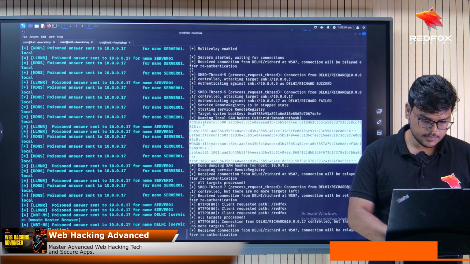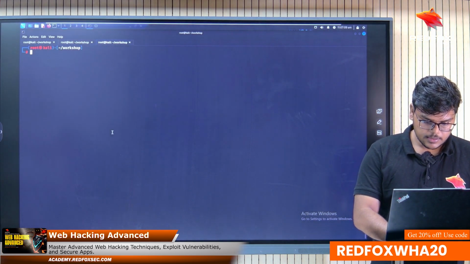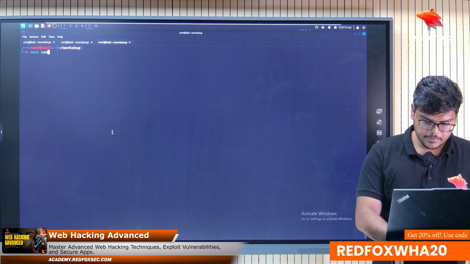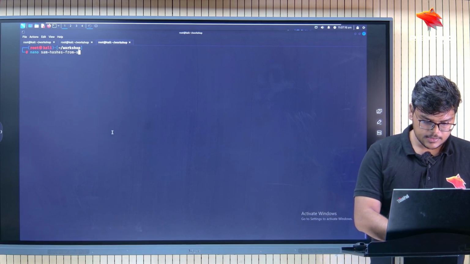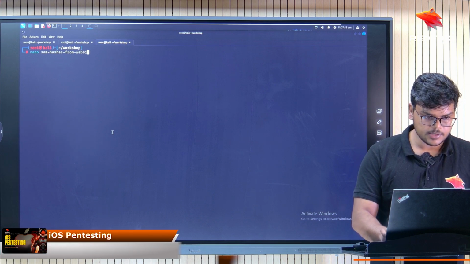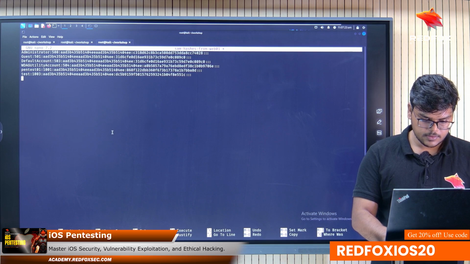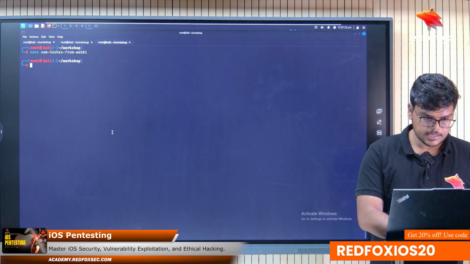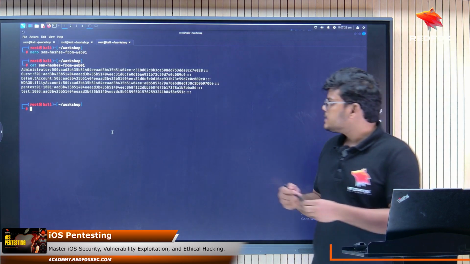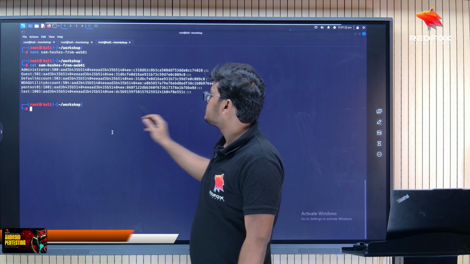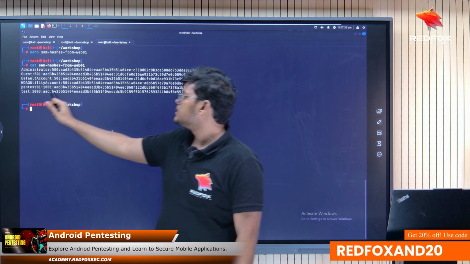Copy selection. Let me just paste it here. Nano SAM hashes from Web 01 machine. Okay, let me just paste it here. Okay, save it, just cat it. You see, these are the local SAM hashes from this Web 01 machine, and if we see, we got the